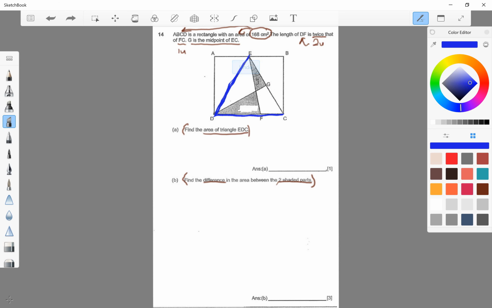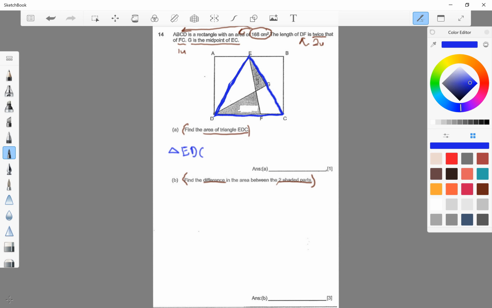So triangle EDC is now being traced in blue. And you realize that the base of triangle EDC, as in DC itself, is actually the length of the rectangle. Alright? And you also realize that the height of this triangle that has been traced out happens to be the breadth of the rectangle. So as such, we can safely say that triangle EDC,